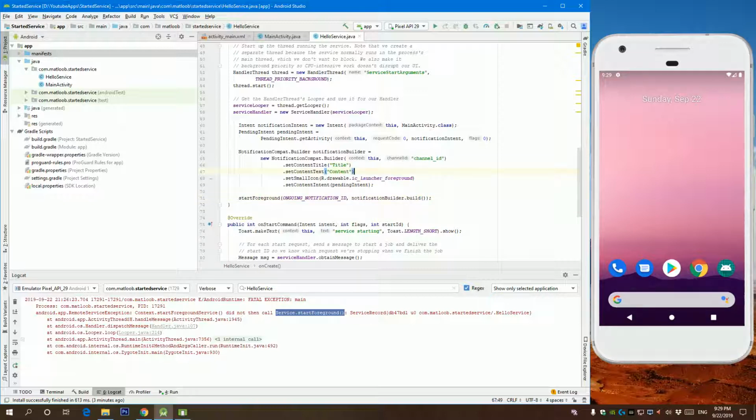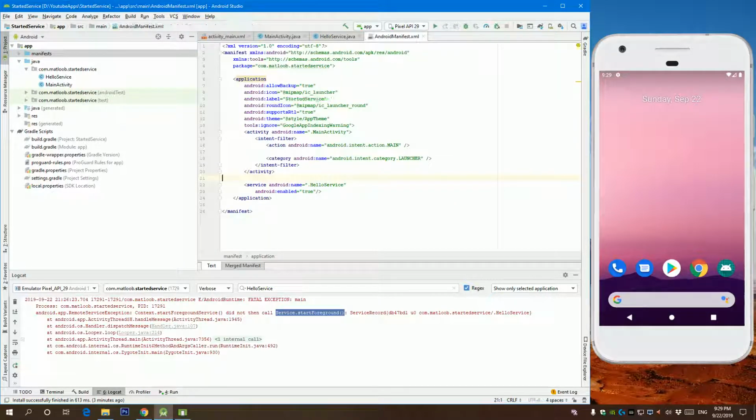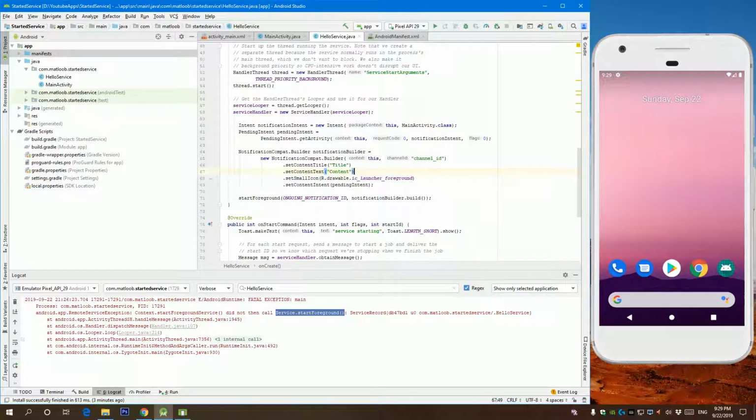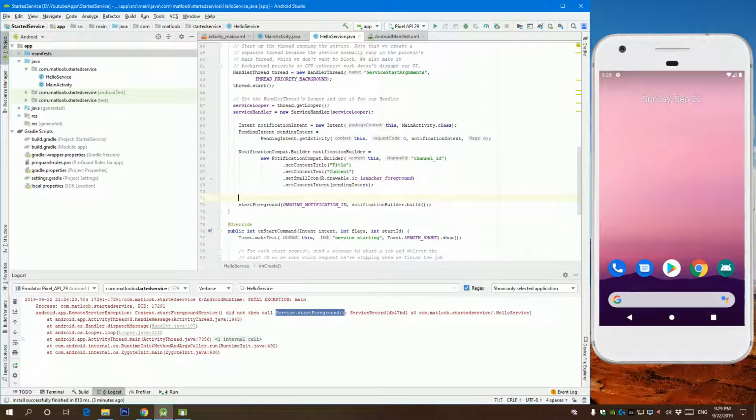So this still will not run because, first of all, if we are targeting API level 29 or higher, we need to declare permission in the manifest called foreground service. Okay, that's one. Number two, you need to create a notification channel, and you will do this by saying,